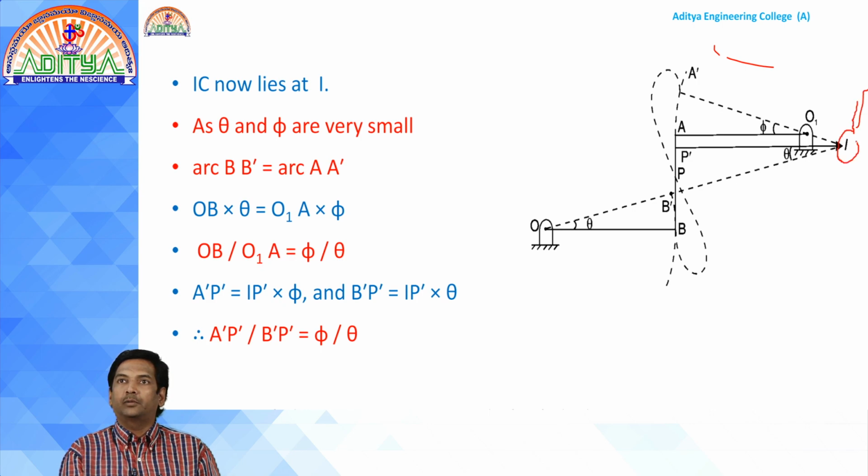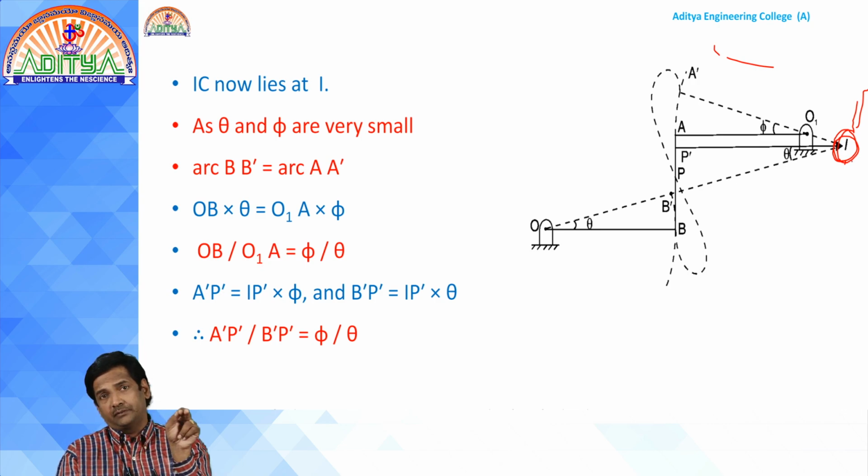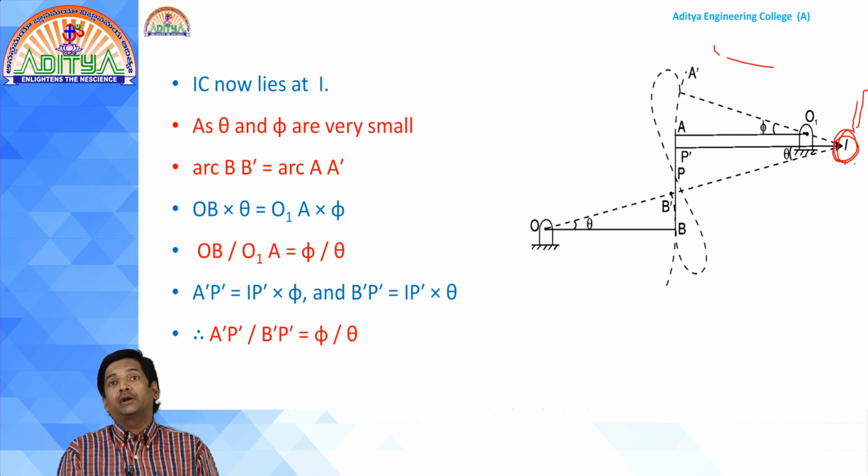It will be at this point. Earlier in the static position, OB and BA are perpendicular, and O1A is perpendicular to AB. When these three are in a Z shape or a reversed Z shape, the instantaneous center will be at infinity. But now we have a slight deviation. Whenever there is a slight deviation, the velocities of B dash and A dash will be slightly altered, and now we get the instantaneous center as a clear point.